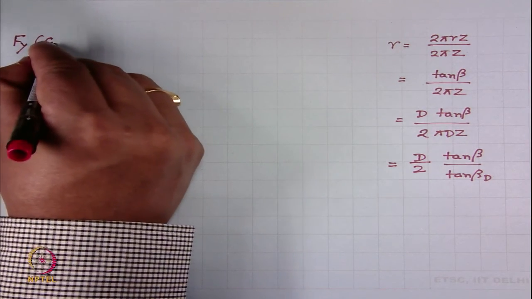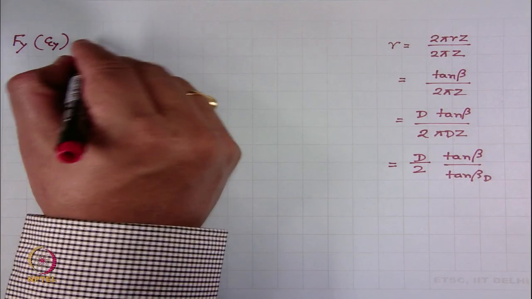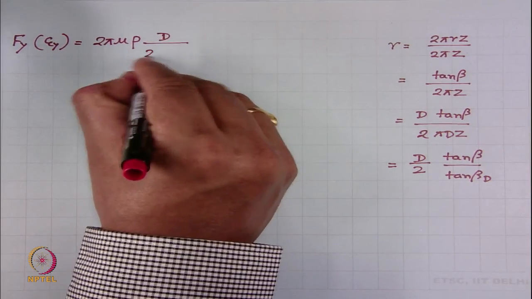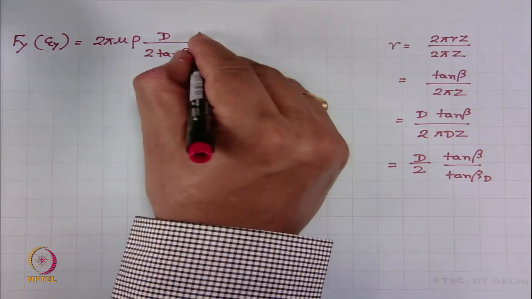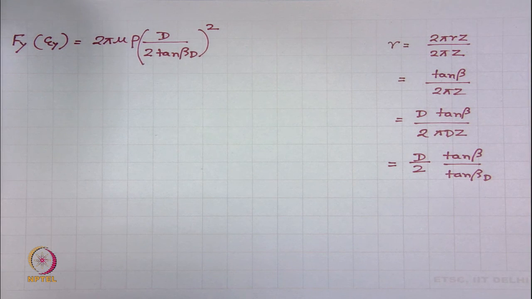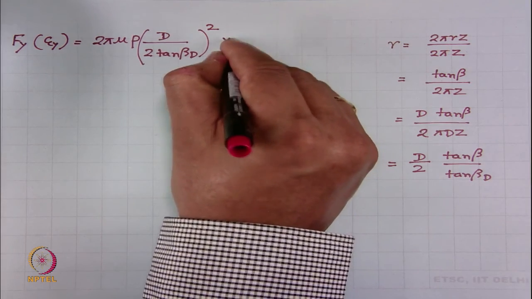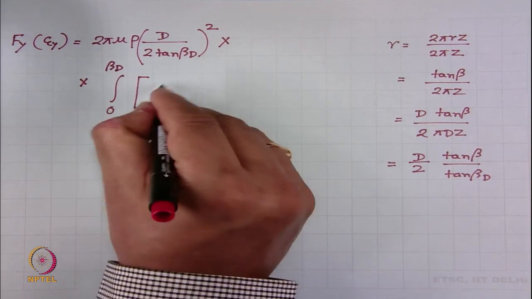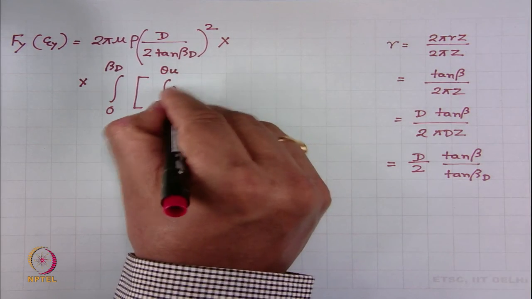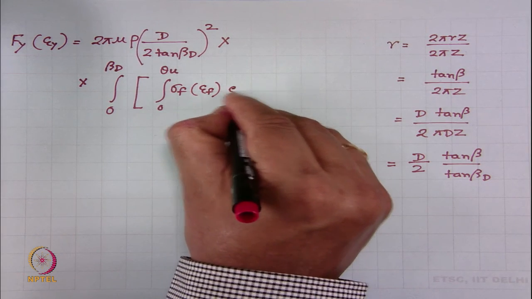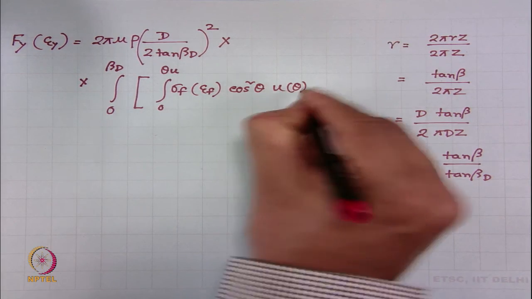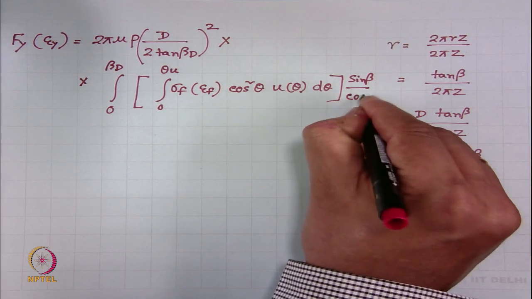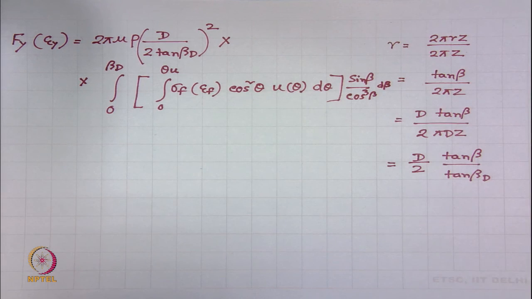This as a function of y will be 2 pi mu into rho, that will remain there, into d by 2 tan beta square, then into the integral 0 to beta d, 0 to theta u, sigma f, cos square theta u theta d theta, then you will find sin beta by cos cube beta d beta. This form you will obtain,